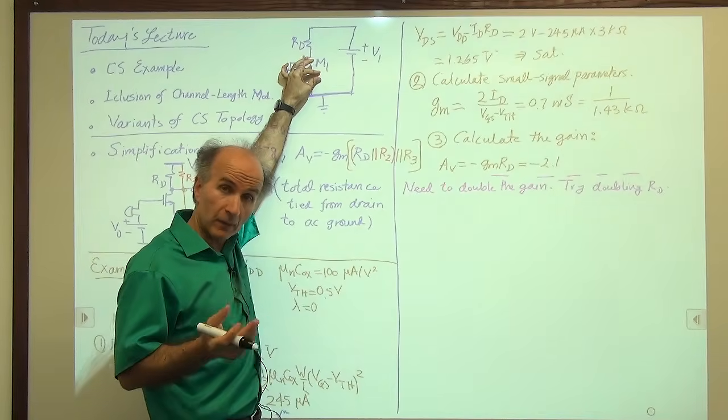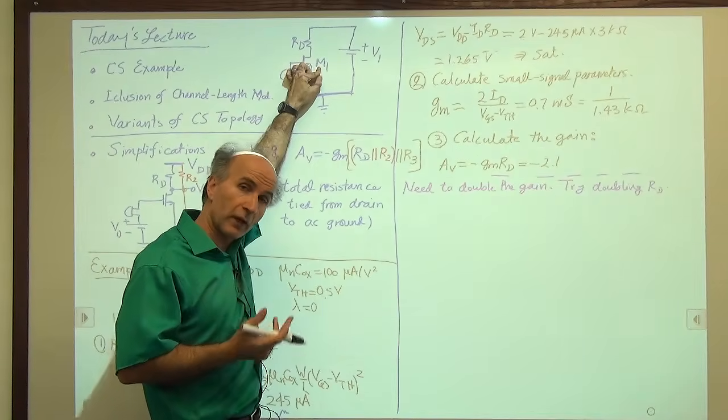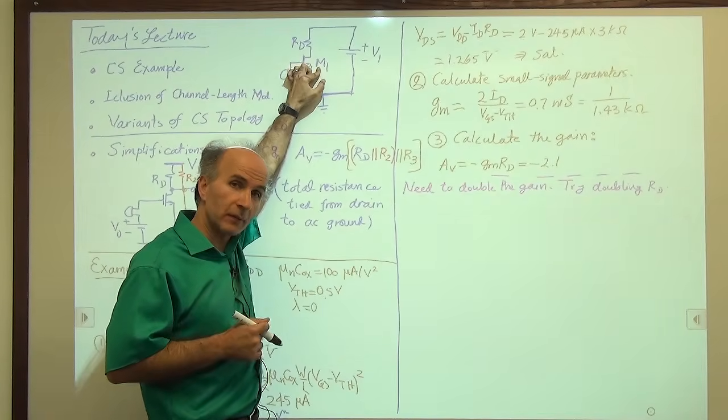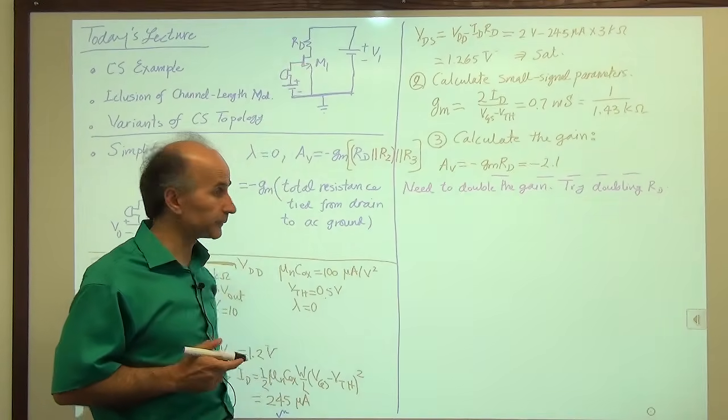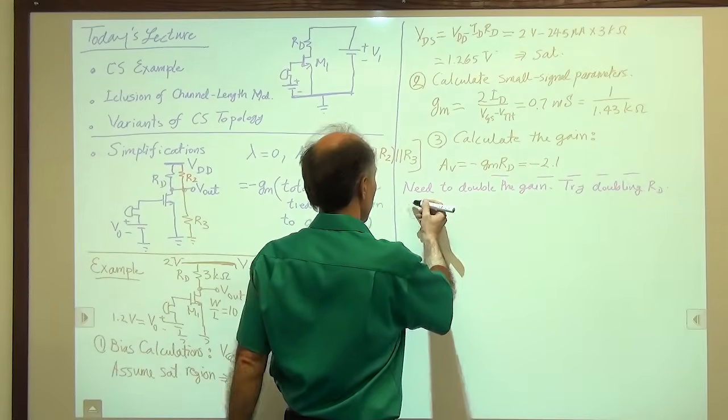So it's possible that doubling RD will actually drive M1 into the triode region. And then we have a problem. So we have to check. All right, no problem. We know what the equation is. So we say if